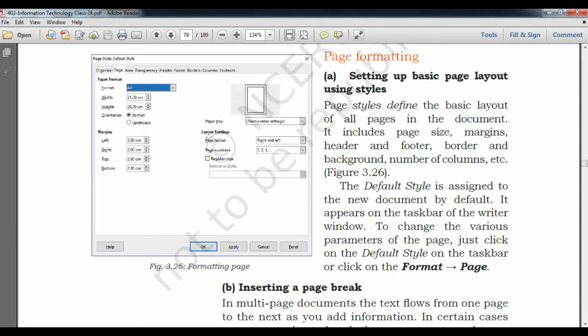Now you can see this diagram, the dialog box known as Page Setup and default page style. According to the CBSE 402 syllabus, we will cover the page, then header and footer, size, margin, and background and column.